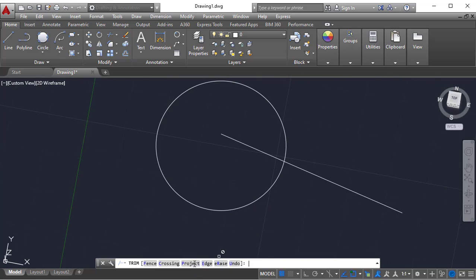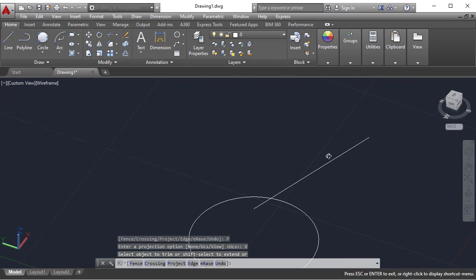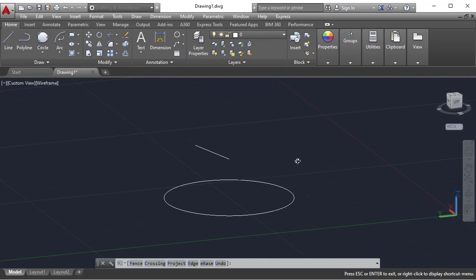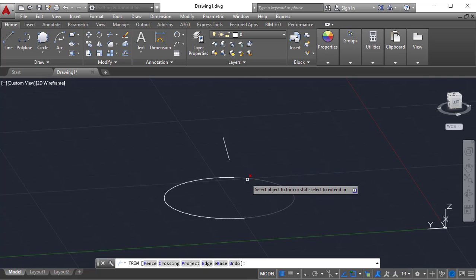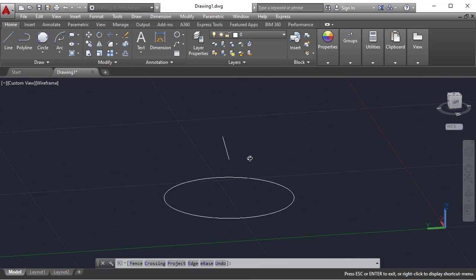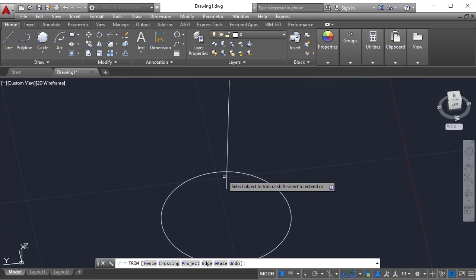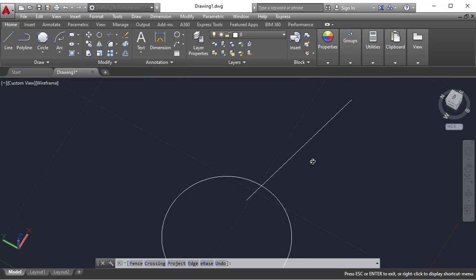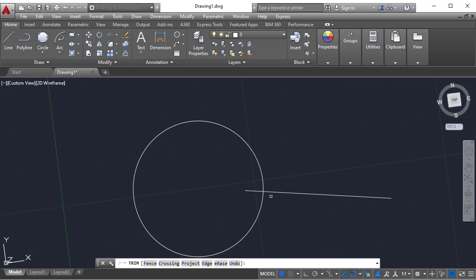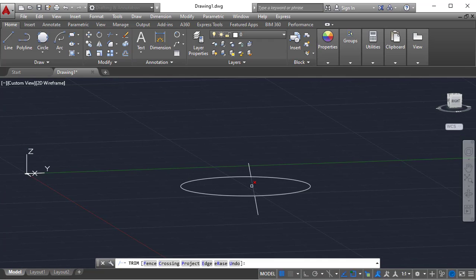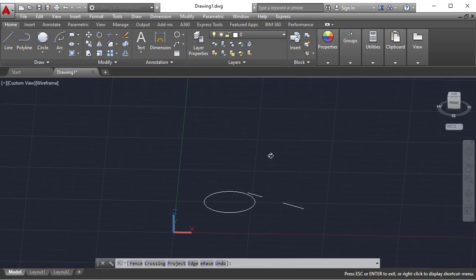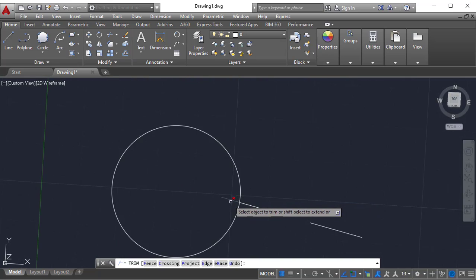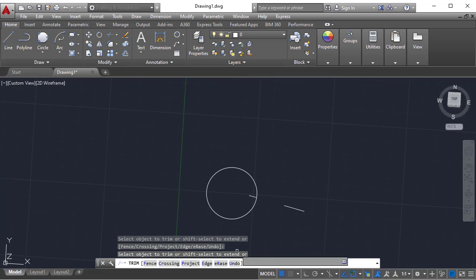And in project we have view. This is a different use, only used in 3D. View means user view. In any other view, if you view like this, it won't get trimmed. Why? Because nothing is there. If you view like this, some part is an intersection and I can trim it, but in top view it's not there. I can view like this and trim the intersection point. Wherever the user observes an intersection, the object will get trimmed using the project view option.